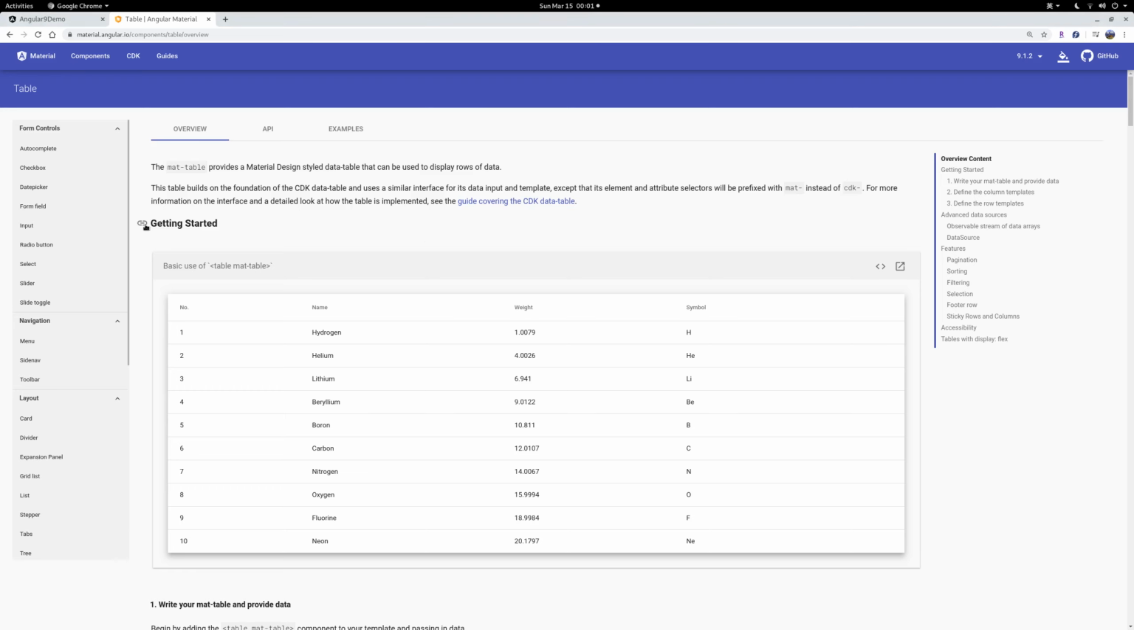Hello guys, today I'm going to give an overview of material components. So if you are an Angular developer, you have a lot of choices, but I strongly recommend that you consider Angular Material because these components are made with Angular and they look very nice. So first let's go to this web page, material.angular.io